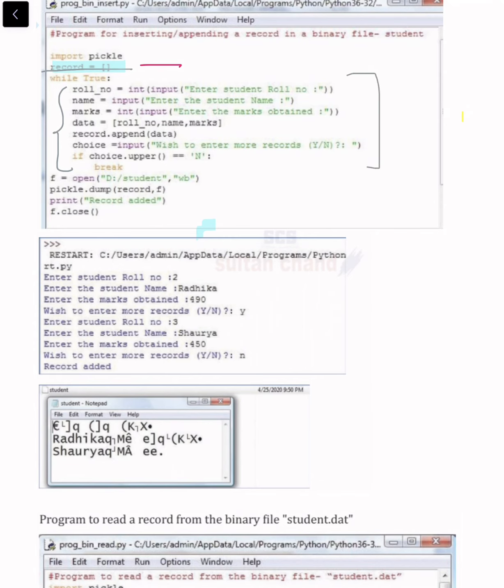While True means the loop will continue forever until a break statement is met, that is, until we forcefully break the loop using the break statement.